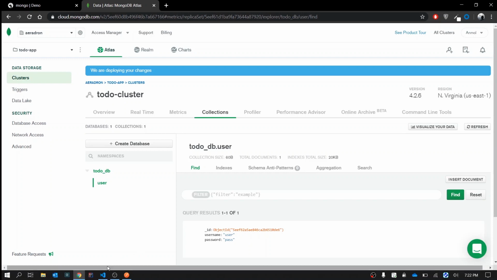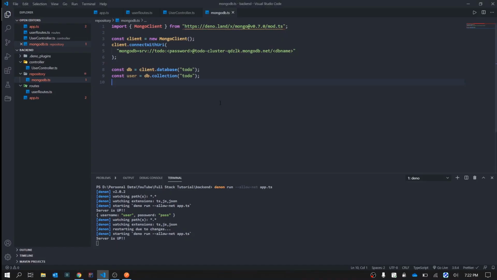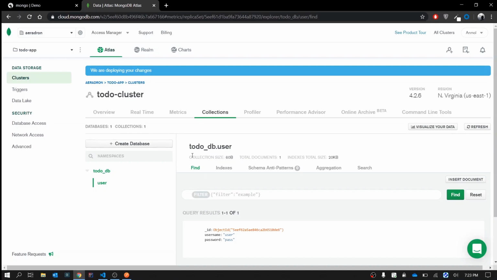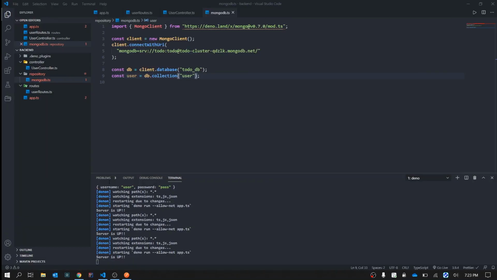Now let's go back and test our connection. I need to change the password. The password was todo, and I will not be connecting it with the database directly. I'll be specifying the database name. The database name that we created was TodoDB and the collection name was user. You can see it here. TodoDB is the database and user is the collection.